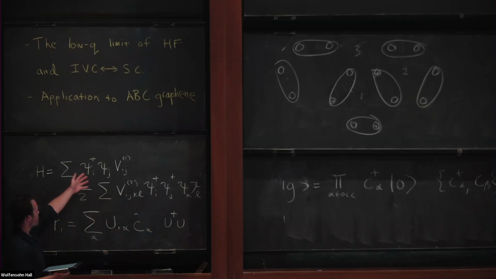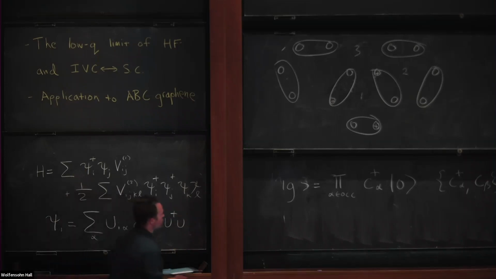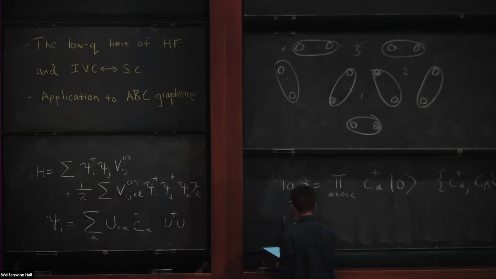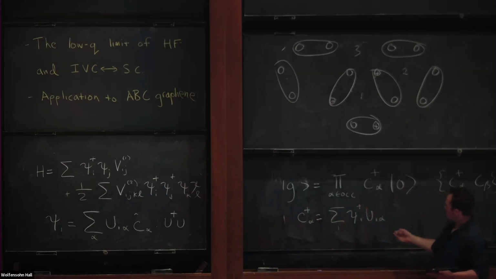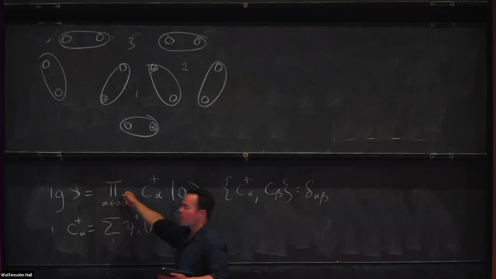Okay, so given one basis here, I can always define another basis, the alpha basis, which is related by some single particle unitary transformation. Or equivalently, I can write this out as C dagger alpha is equal to psi dagger I U I alpha summed over I. Okay, so then what you can do is choose this new basis alpha, and then you occupy some number of